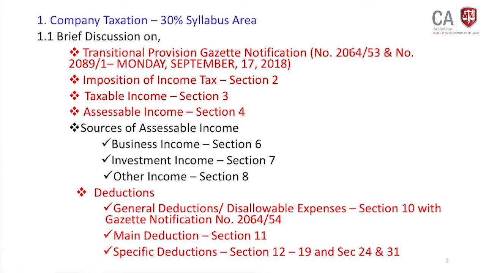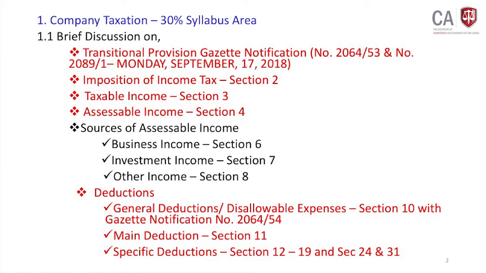It is not part of company taxation, it goes more towards individual taxation. When doing company taxation, one of the main areas is the deduction rules. To compute business income, you should know what deduction rules are available in the Inland Revenue Act. It is the key. In that we have three main deduction rules.